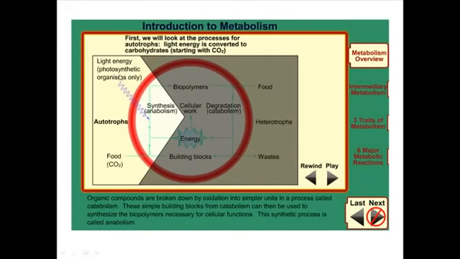In the case of autotrophic organisms, we can use light energy to make products like food, or biopolymers. In the case of trees, which are green and have chlorophyll, they use this light energy and produce food. They need carbon dioxide and water, and they can produce these biopolymers. This process is called anabolism, because we are synthesizing things.